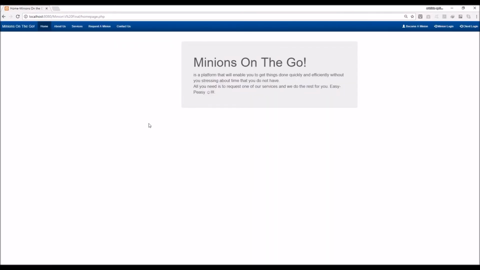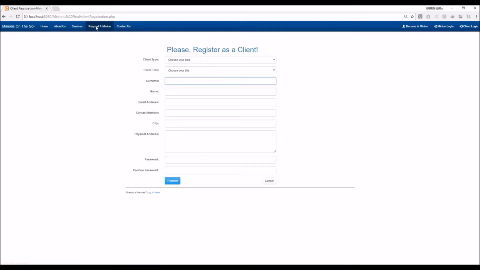So, a first-time user that would like to place a request on the website will have to follow the following steps. First, you will have to click on the Request a Minion tab, which will bring about the registration form. But in case he is already registered, you can always click on the login here. That will take him straight to the client login,